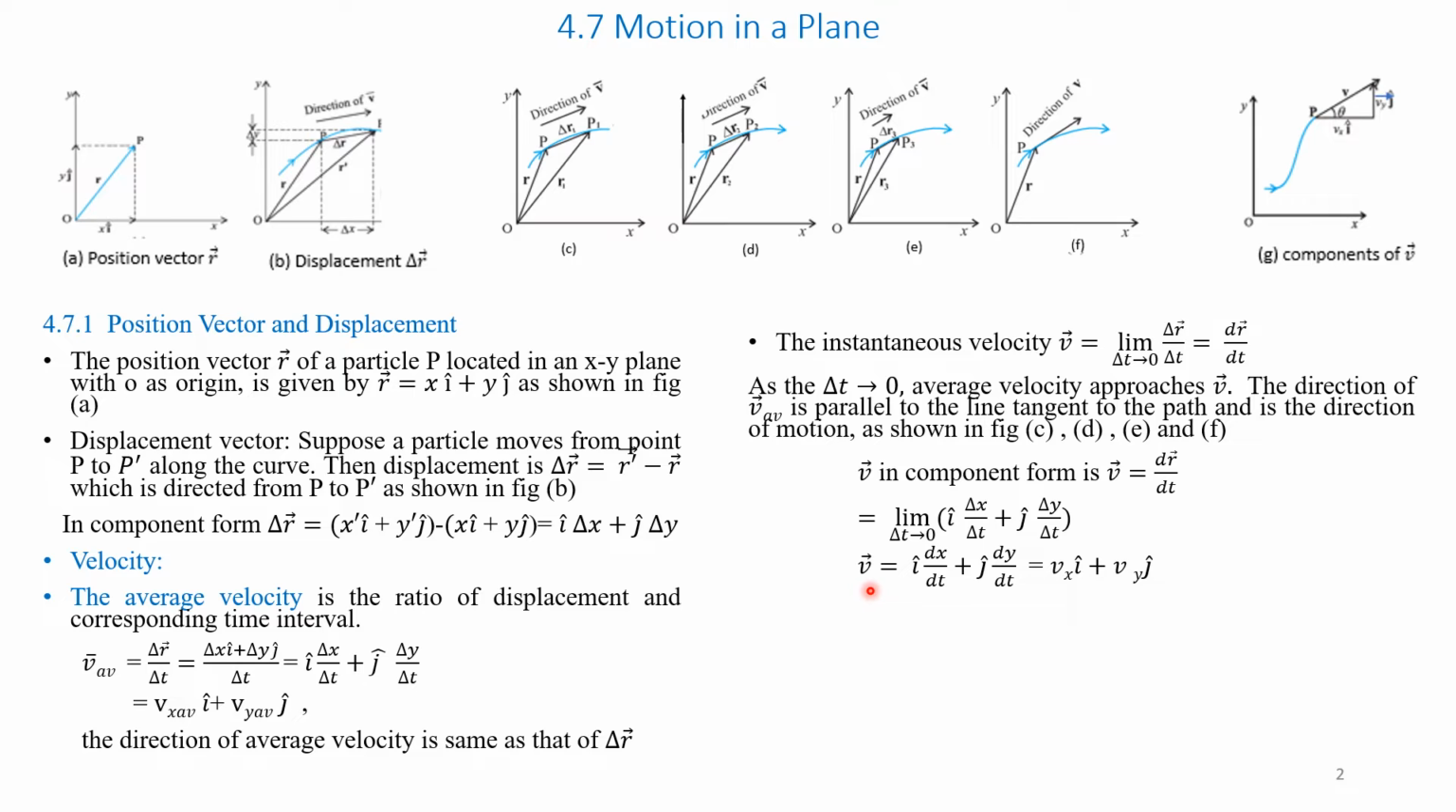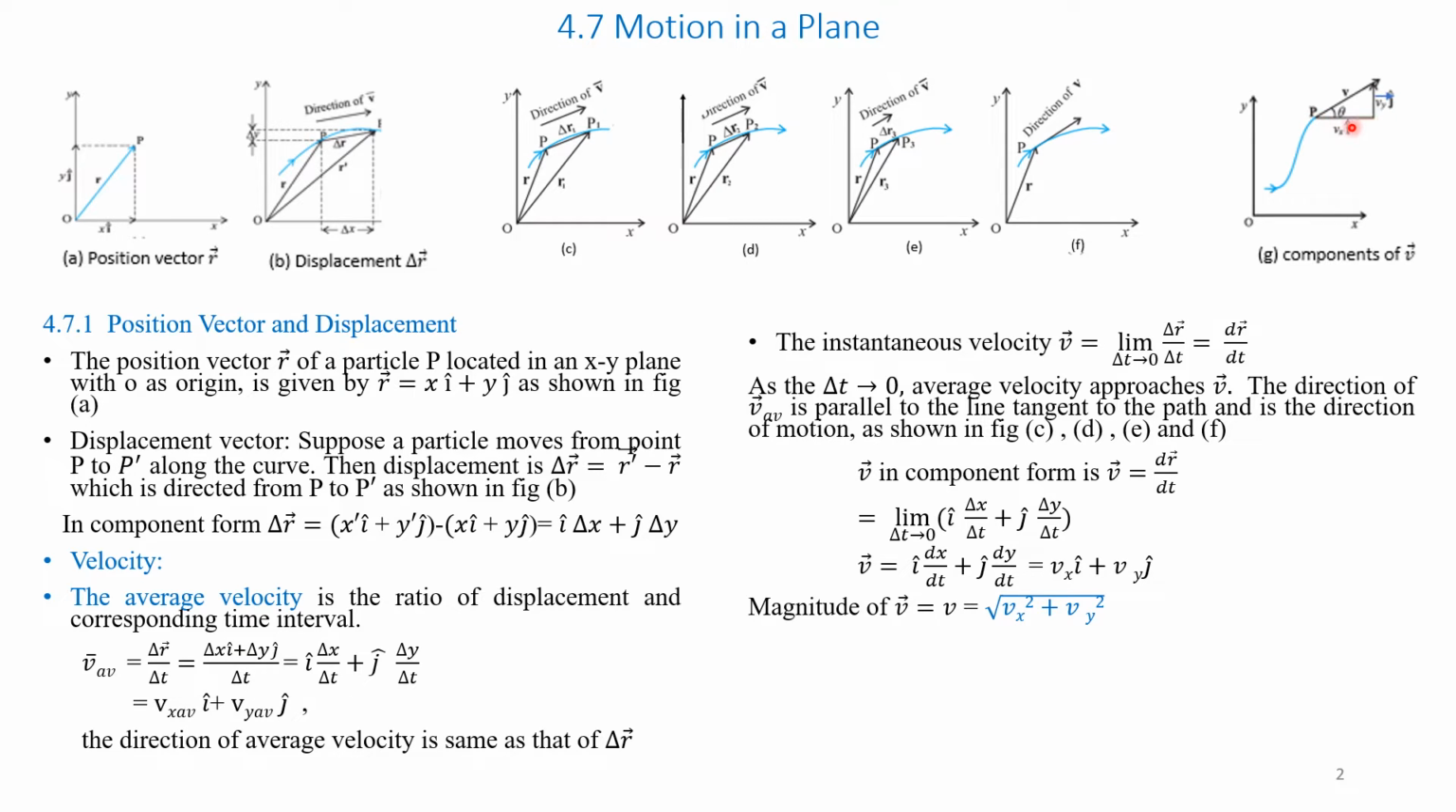That is, vector v, the instantaneous velocity, is equal to i dx by dt plus j dy by dt. That is equal to vx i plus vy j, where vx is the instantaneous velocity in the x direction and vy is the instantaneous velocity in the y direction. Therefore, the magnitude of the instantaneous velocity vector v is v equals the square root of vx squared plus vy squared. Please see the diagram at G, where the components of vector v are split into